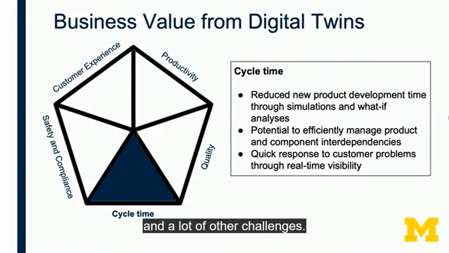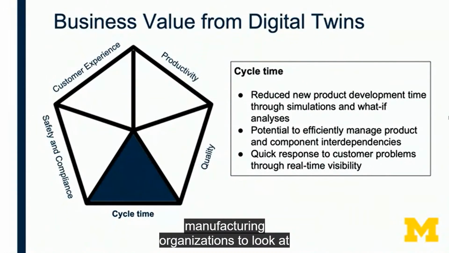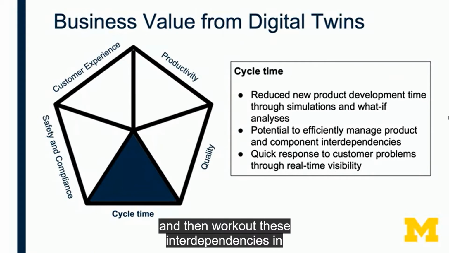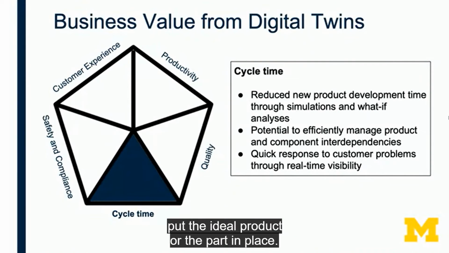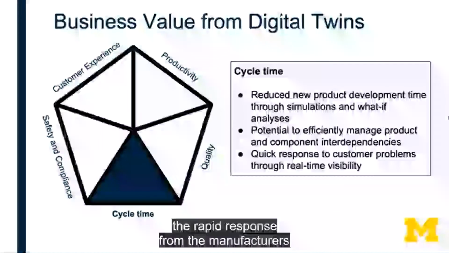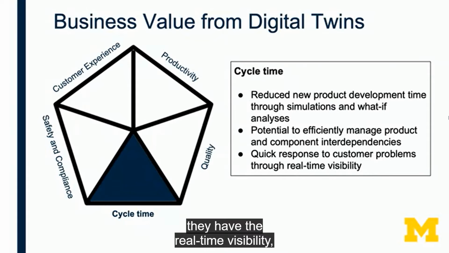The concept of digital twins that we've been talking about, the capacity to simulate and model, allows the manufacturers and the engineers in manufacturing organizations to look at the various scenarios in which the part or the component is being used, and then work out these interdependencies in a virtual format even before they put the real product or the part in place. And of course, the concept of digital twin enhances the rapid response from the manufacturers to the customers, because if they have the real-time visibility, they can pinpoint and find the root cause of the problem